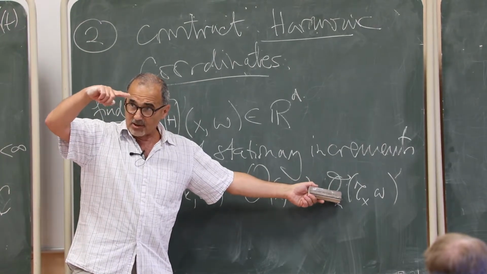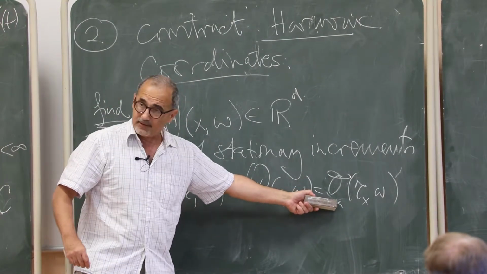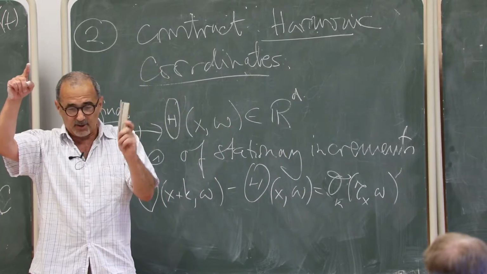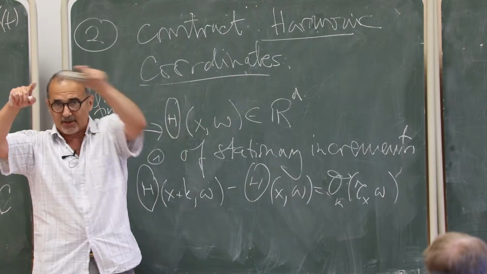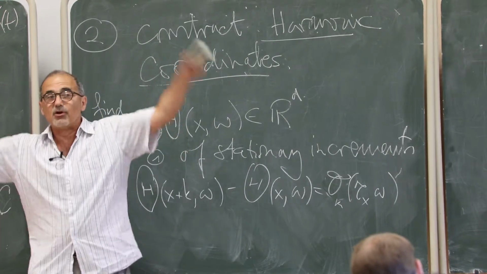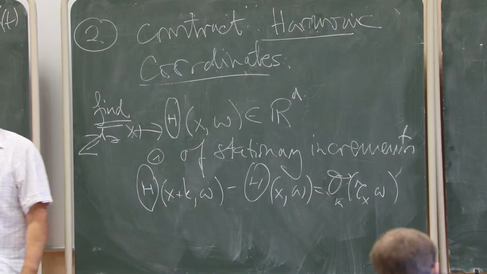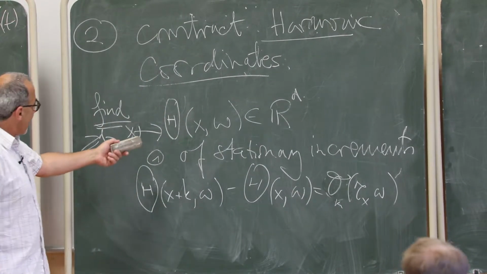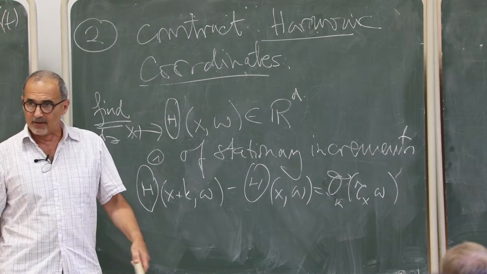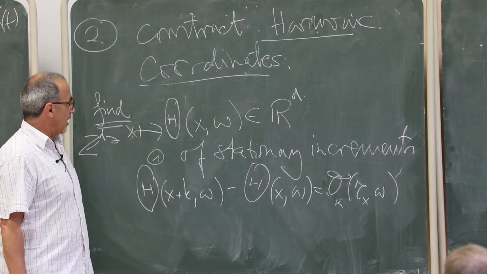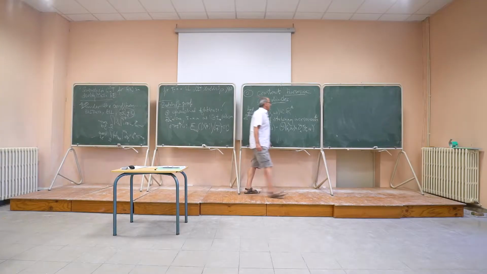So if you sum that increment plus that increment, it is the same as summing that increment plus that increment. Overall, the circle sums of this guy, that's what we call a co-cycle. But it's a vector valued, mind, it's a vector valued co-cycle. Right? So I want to find something like this,